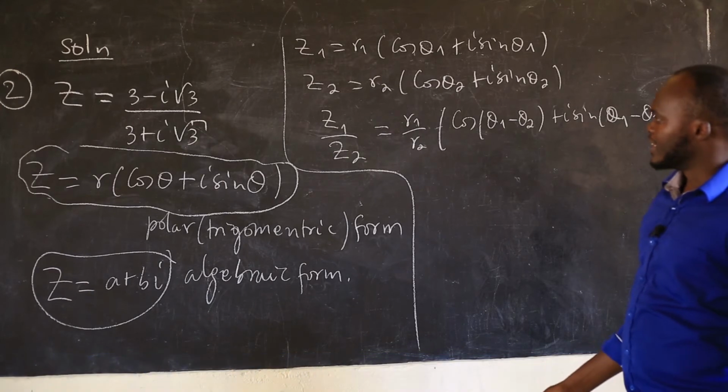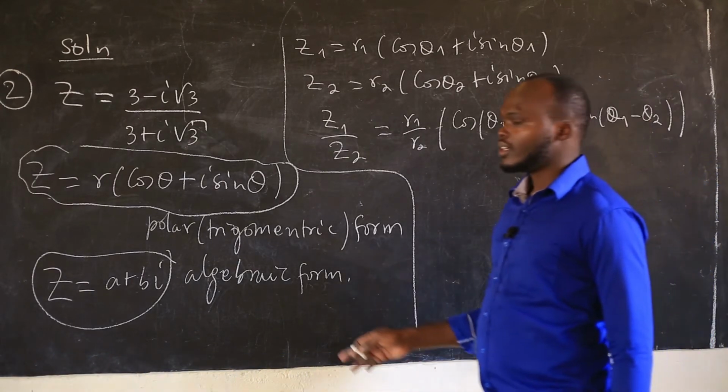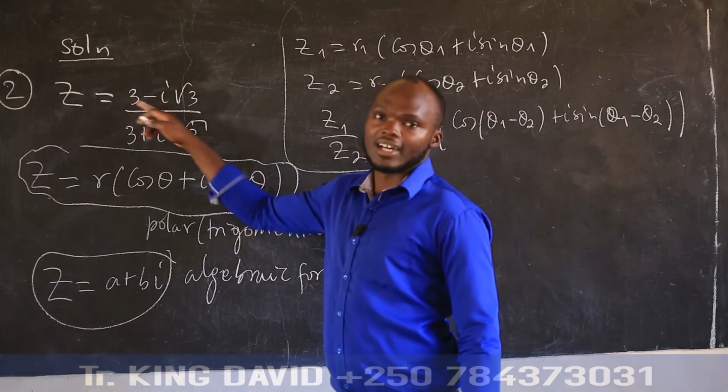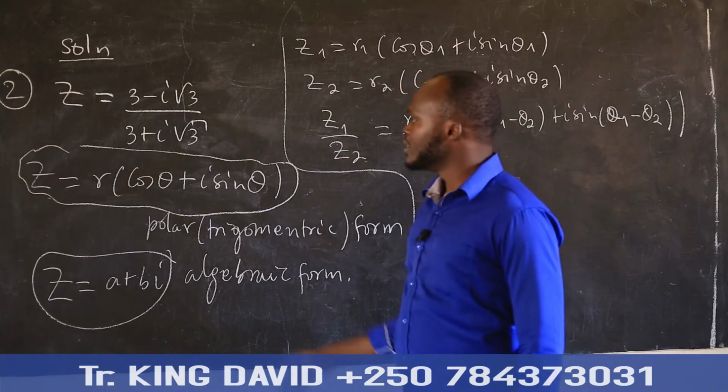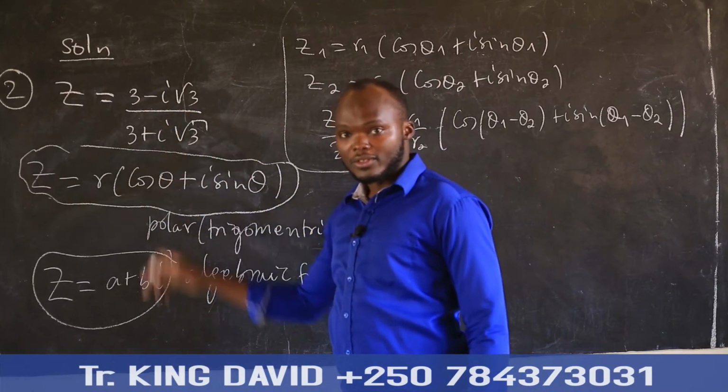So, meaning that we take the numerator and express it in polar form, and we express the denominator in